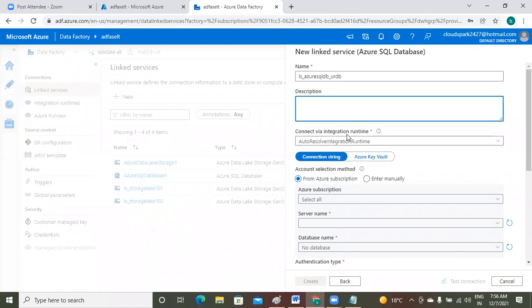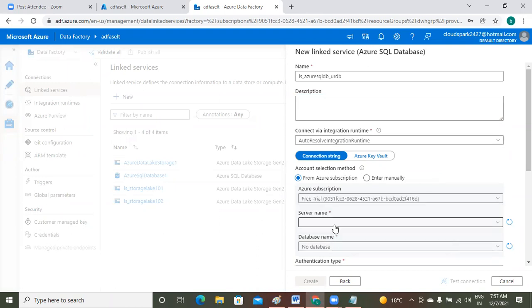Now, connection via integration runtime. Sir, is Azure SQL DB a part of Azure services or outside of Azure services? If it is part, you can use the auto integration runtime. Already that is selected. Suppose your target or source is from Oracle. Oracle is not part of Azure services. At that time you have to create a self-hosted one. Got it? In the last migration projects, I will show you that one. Okay, the remaining work is as usual.